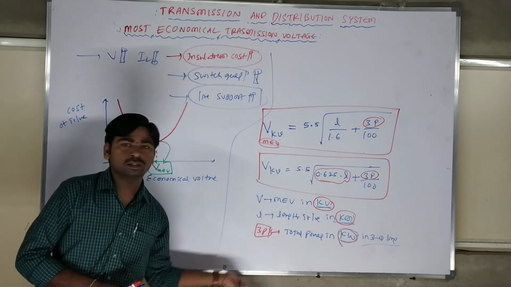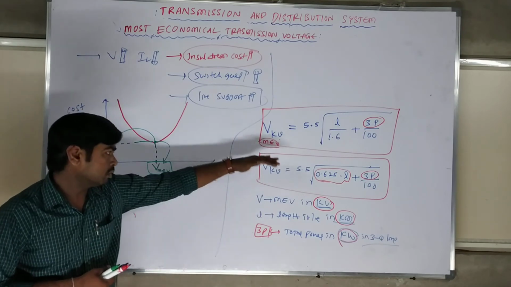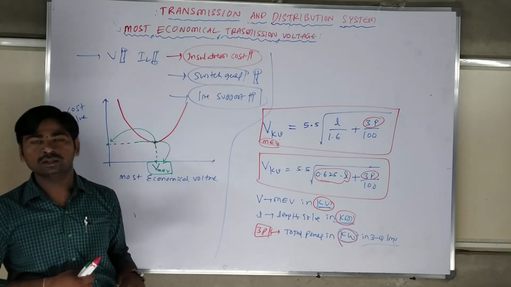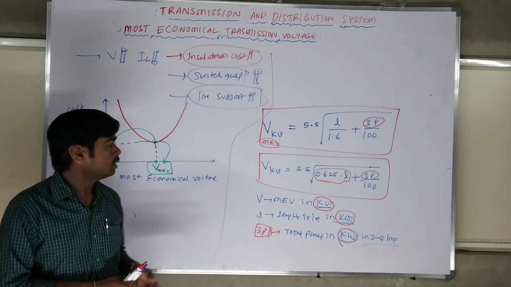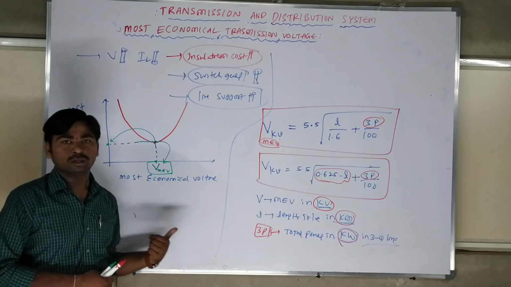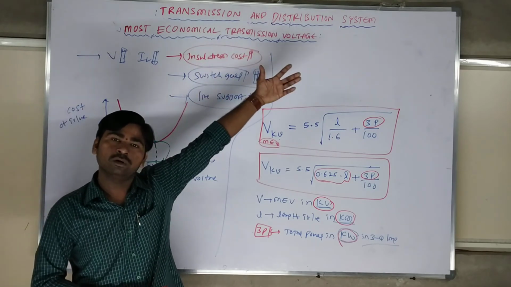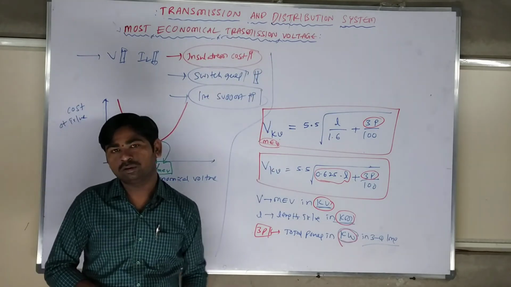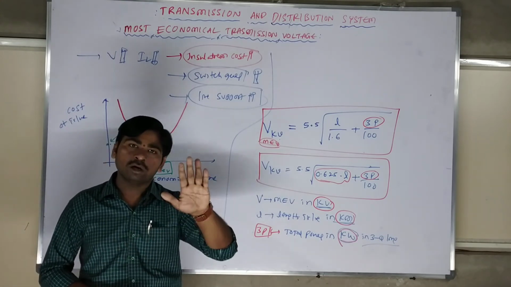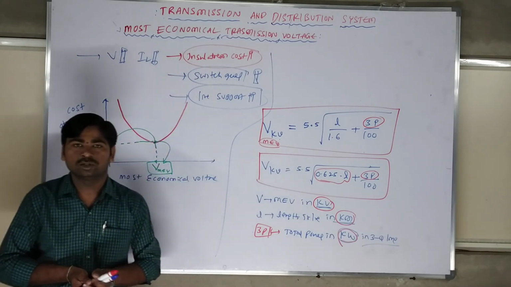If you go to less voltage, you are going to get some losses. If you go to more voltage, you are going to lose the economical point of view. In such a way, from the most economical point of view, you need to transmit your voltage on the transmission line. That is the reason we should not go for very high voltage or very low voltage. We should go up to some voltage level. That is the advantage, both cost wise and transmission power efficiency.